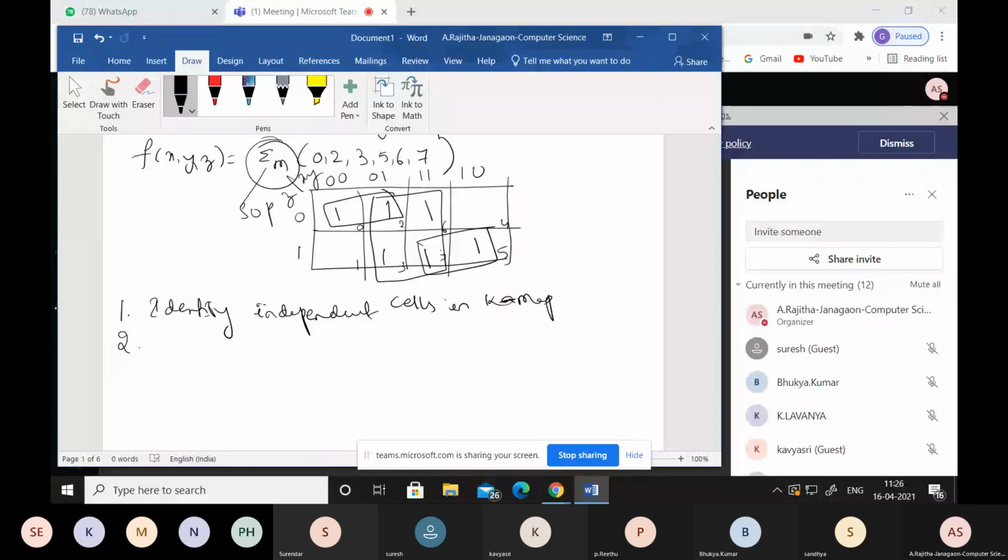So first identify the pair. After that, if any quad is identified, you then check whether it is a 4 variable Karnaugh map, in which an octet is possible. If it is a 3 variable map, only up to a quad is possible. So mark all: first find the pairs, then find the quads, and if it is a 4 variable map, the octet, if any octet exists.